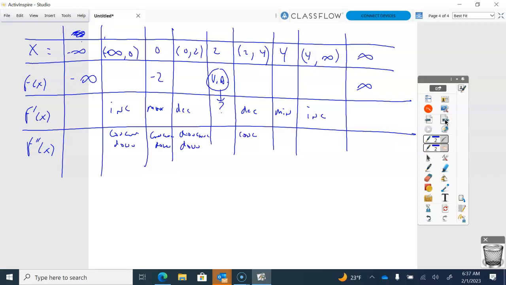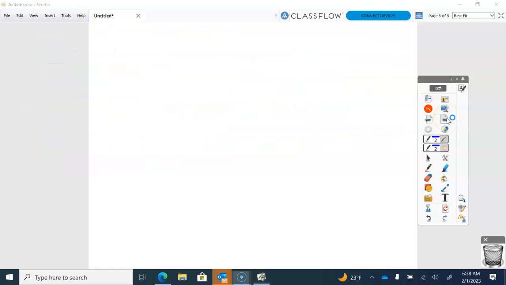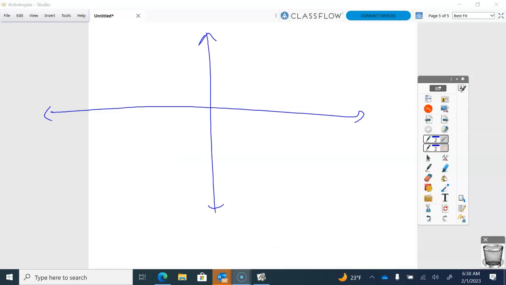I am concave up, concave up. Now I'm ready to draw a graph based on that information. I'm going to draw a graph. Here we go. So using that table,